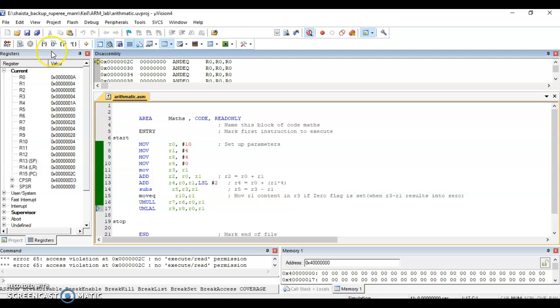Now next, you got the answer. You can see what happened in R8 and R9. In R8 and R9, we got this 28.